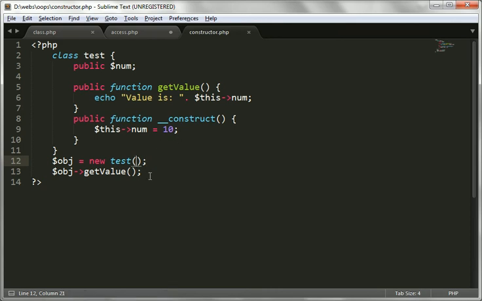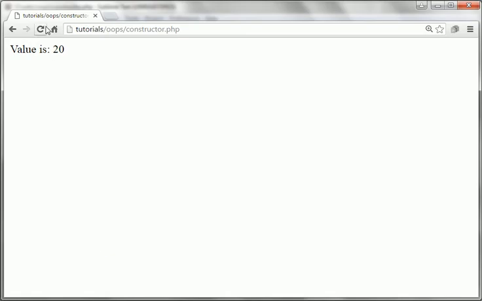See, whenever I'm creating an object, I can pass values like this, 20, and I know that here we are going to get some values. So here we can use value, whatever value is coming from here, we store it into this variable, and we directly assign this variable to the num variable. See, simple. Now I'm going to refresh this web page. What is the result? Value is 20.